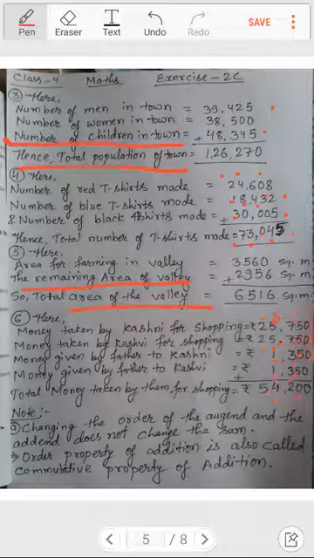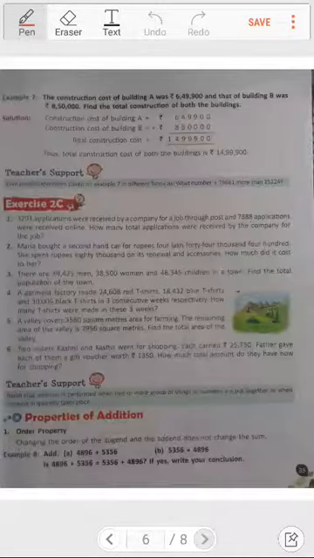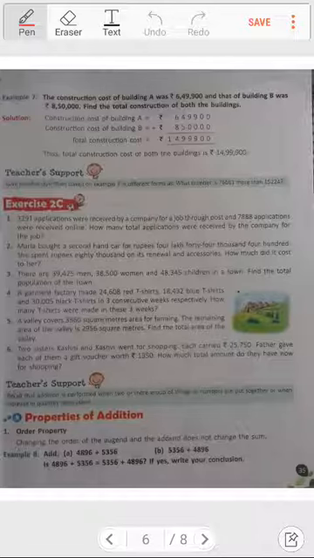And another is I had written, order property of addition is also called commutative property of addition. That means writing 2 plus 5 or 5 plus 2 in a different way and showing both are equal, that is the commutative property of addition. Okay students, so here the properties of addition are also explained. This ordering I had said itself, and teacher support is again there.